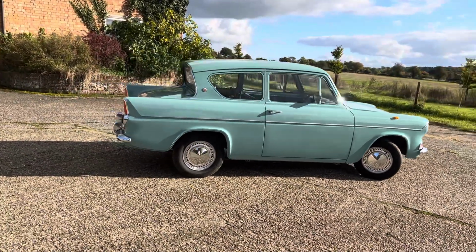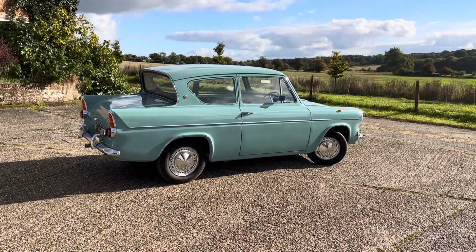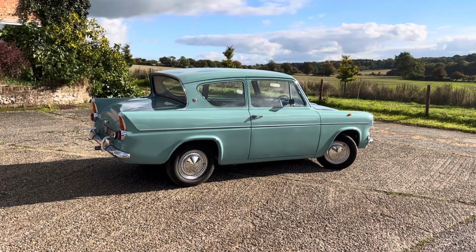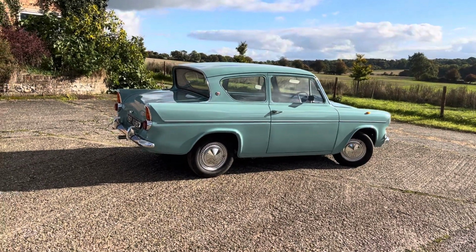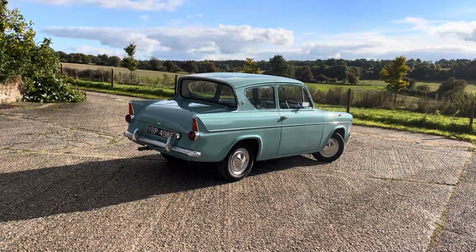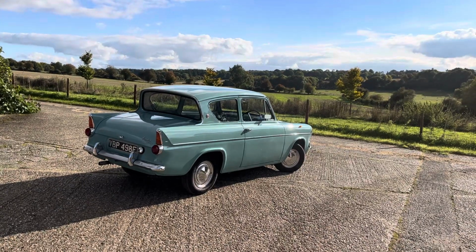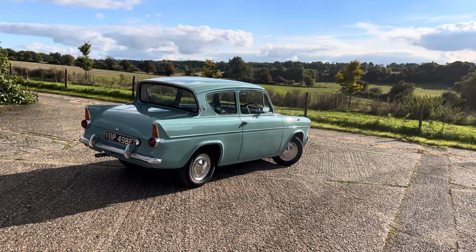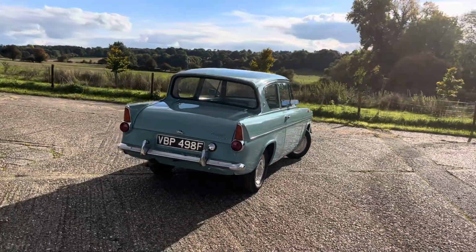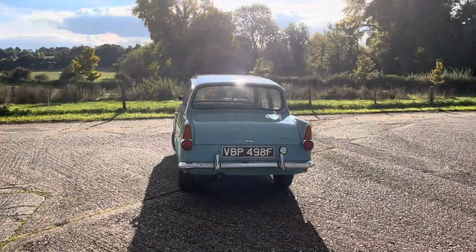Now this will be the second time we've sold the car. We offered the car, to be fair, originally selling it on a commission basis for one of our regular customers. He had bought it and carried out a lot of additional recommissioning work, which frankly should have been done at the price point he paid for it. And the car was brought to us, and we embarked on